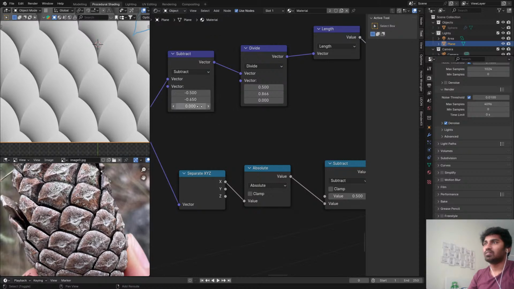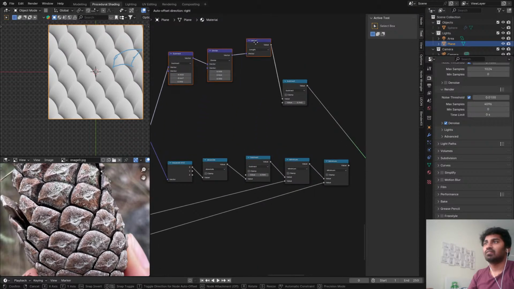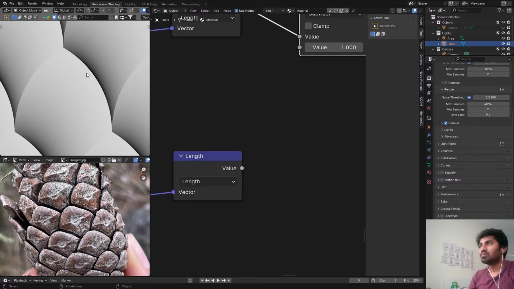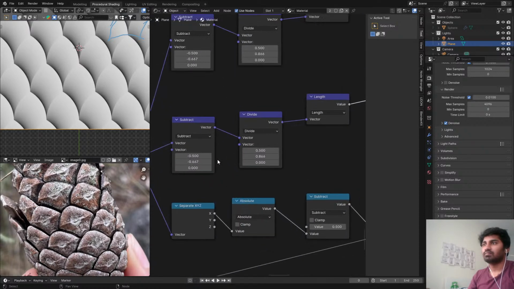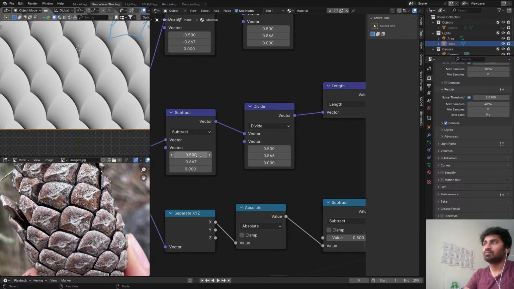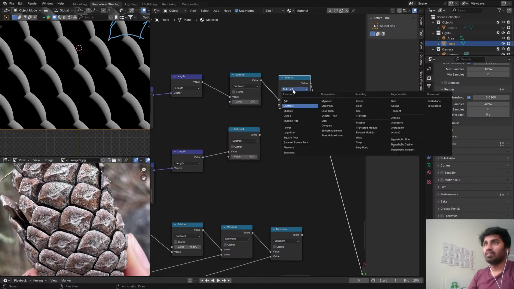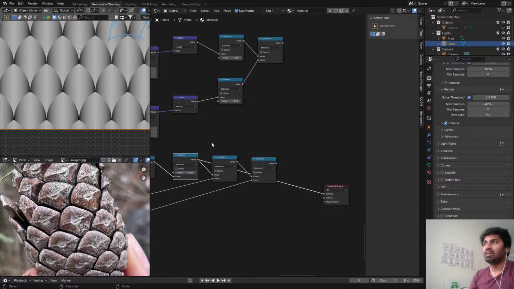Exactly. We have that length, and then now we have this length. I don't even know if that is correct, but you know, I'll take it. Yep. Have this, we can minimum those, and finally we can take our beloved